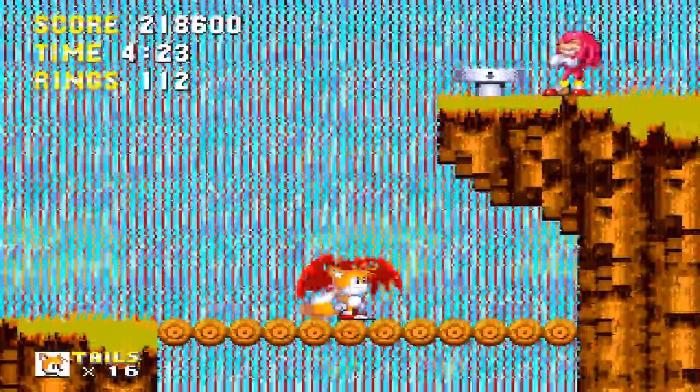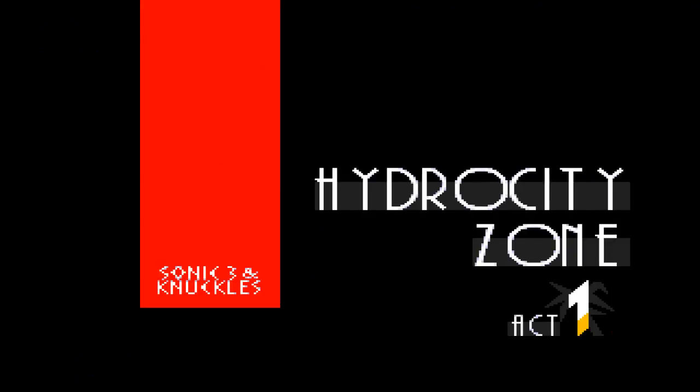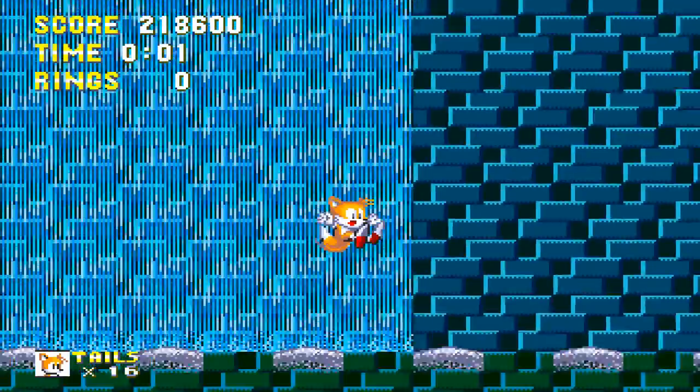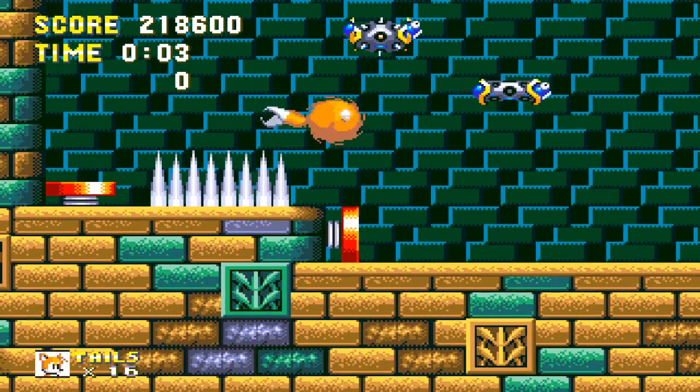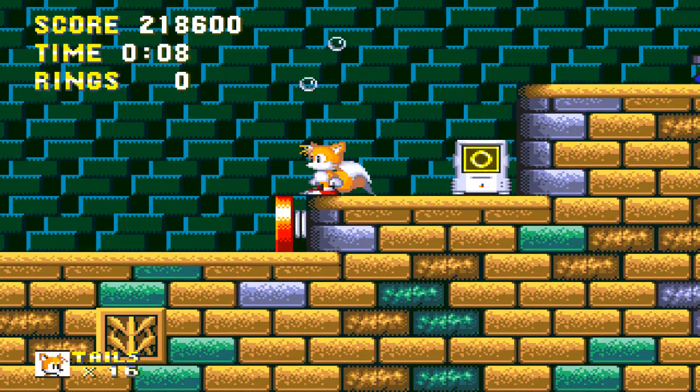Up here, Knuckles will be on Dr. Eggman's side and hit a switch that will throw you into our favorite level. My favorite level anyways. Now I know that water levels are not really people's favorite, but this one is my favorite level of the entire Sonic 3 game, so...